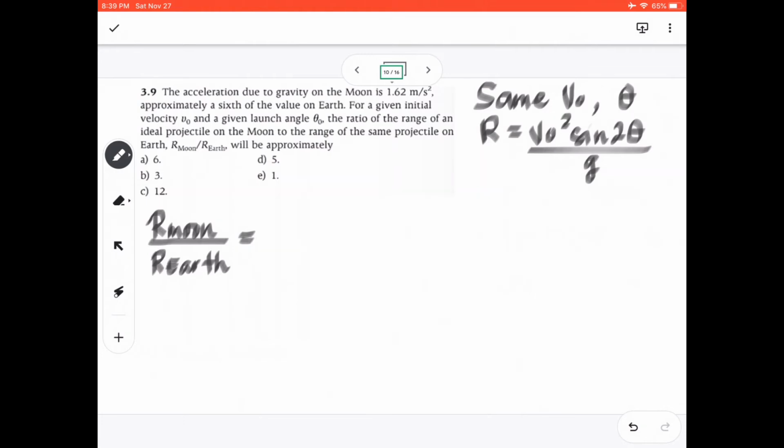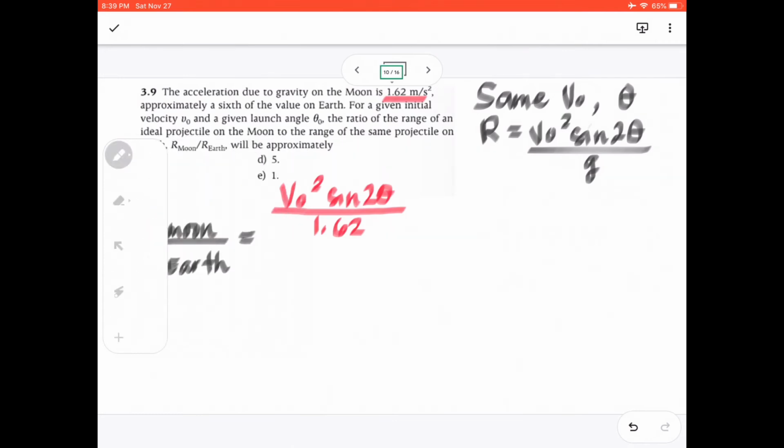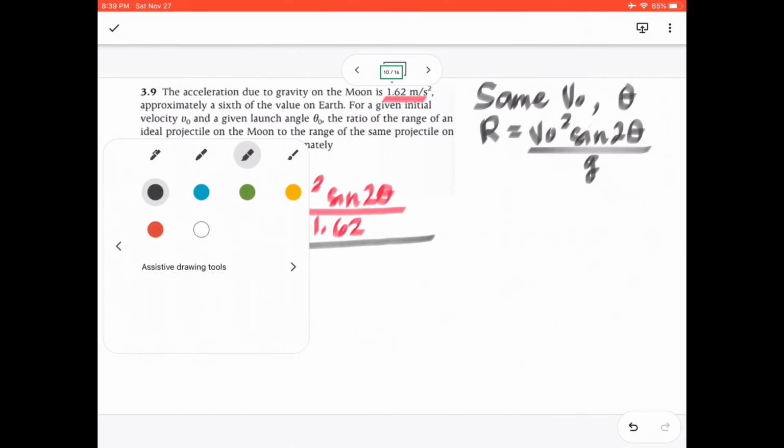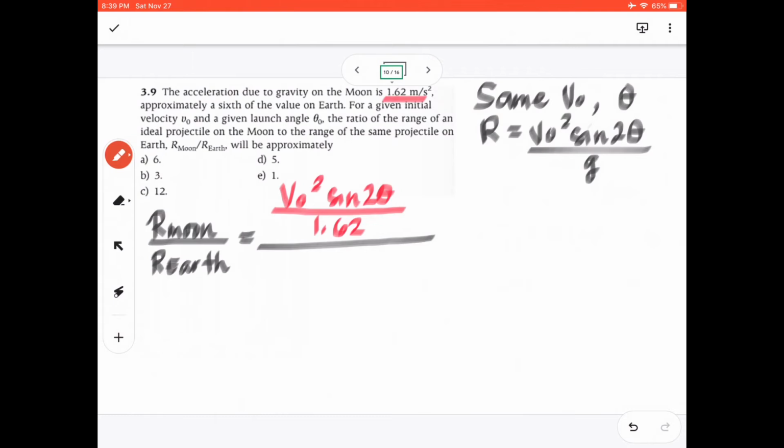The formula for R on the moon will be equal to VO squared sine 2 theta divided by the G on the moon, 1.62, over R on Earth, VO squared sine 2 theta. The theta and V are equal, so I'm not changing them, and the G on Earth is